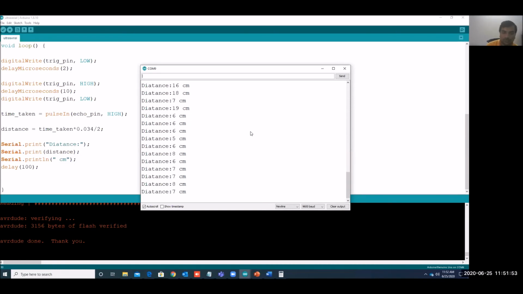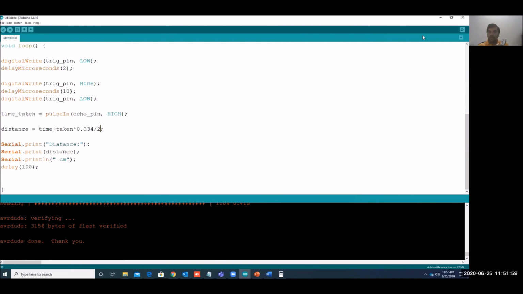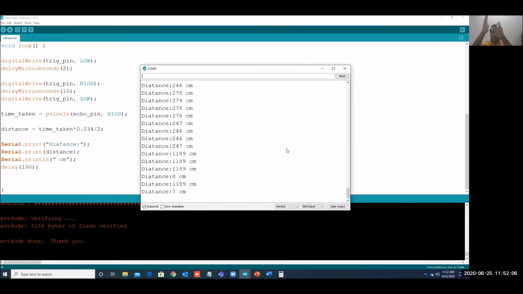That is giving correct value only. Okay, so now I'll show you here. Yes, so you can see here, if we keep it and if you see the distance over here, it is around 6 centimeter. It is giving 6. If we keep the hand constant and do not shake it, it is giving the correct distance only. So you can use this formula.